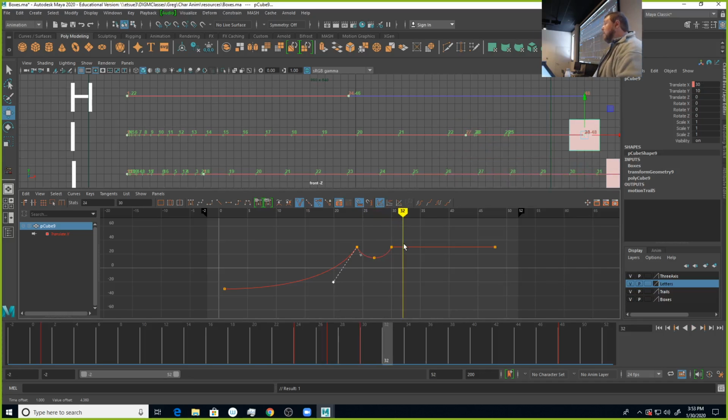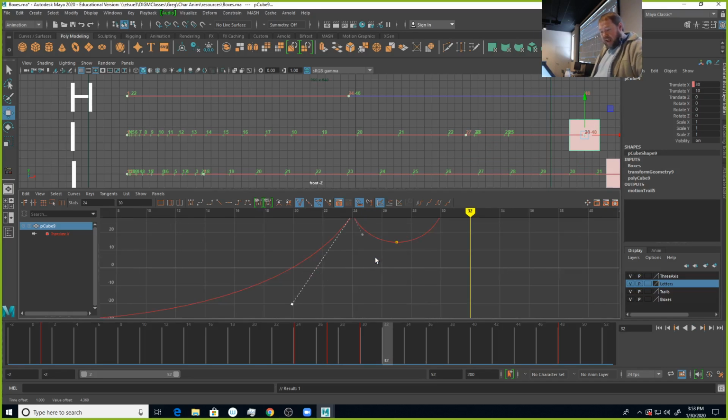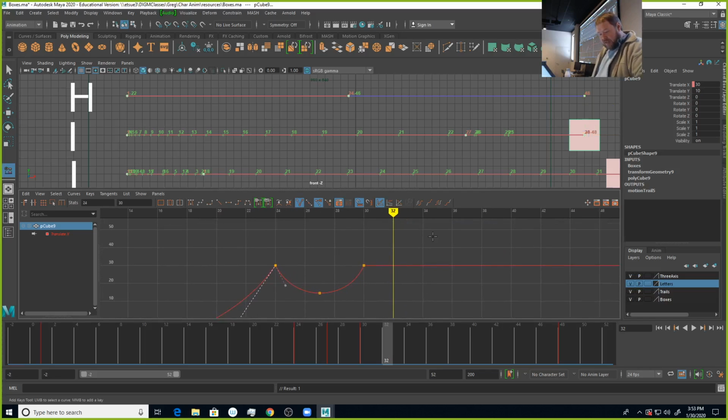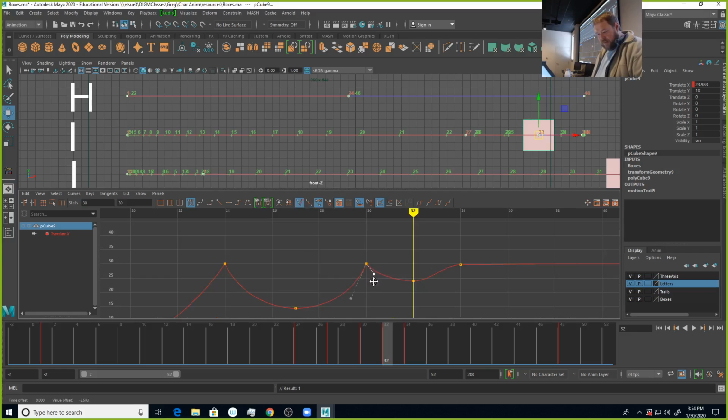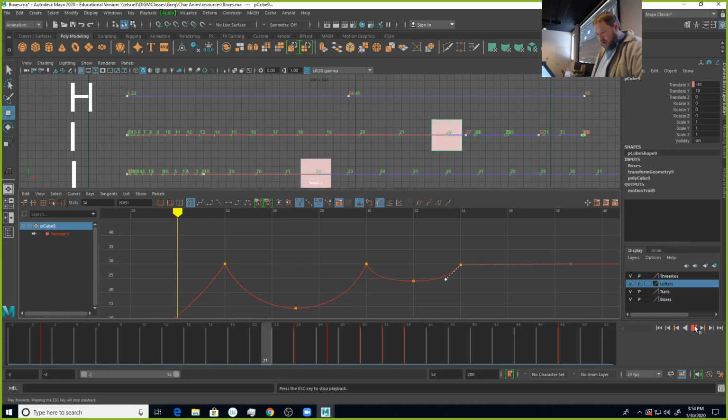And it's actually really easy to add those. I could add a couple of other little bounces here just with my add key tool. Very quickly, get even a second little bounce. So we get